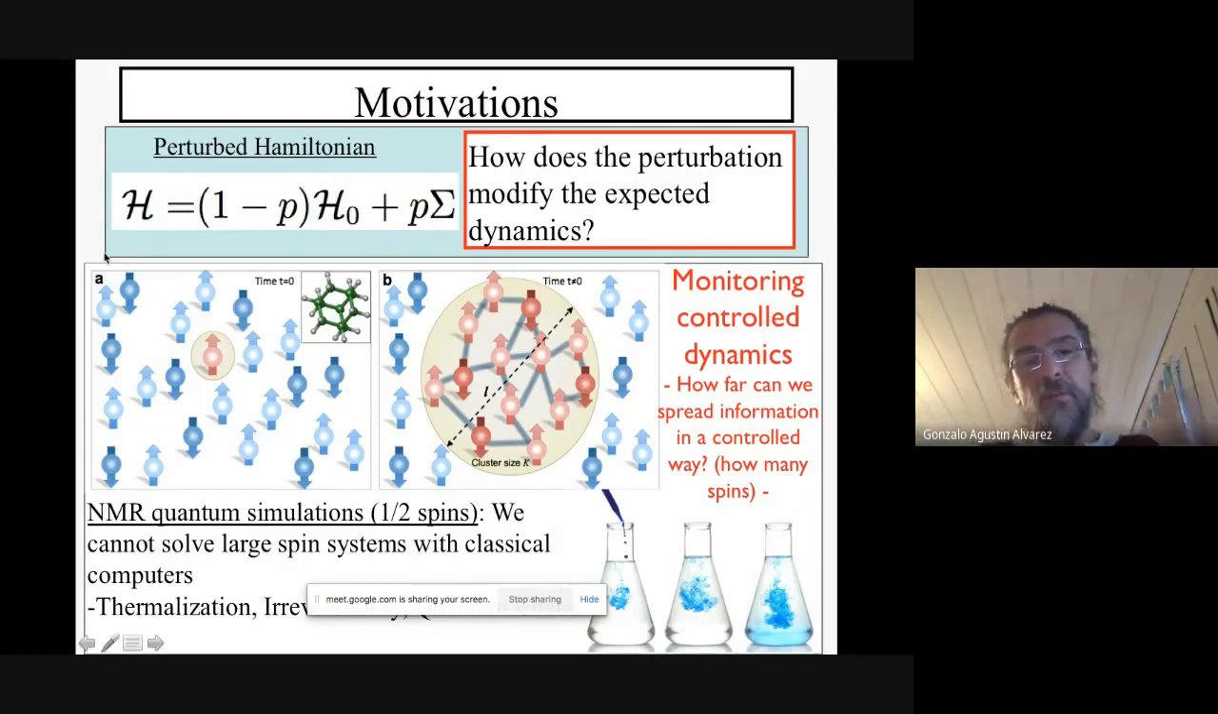As I told you before, I'm working in nuclear magnetic resonance, so what we can do is to look at nuclear spins, in particular 1/2 spins. We are able to create some kind of local